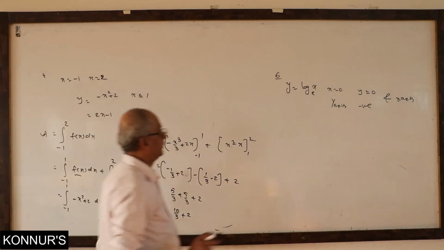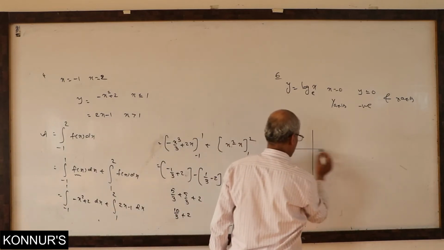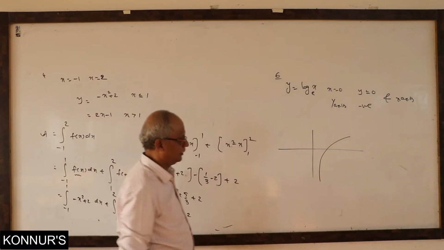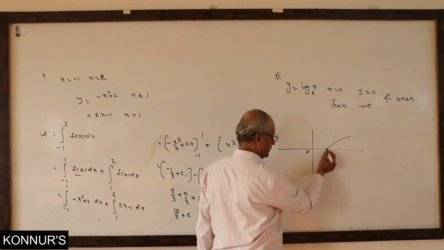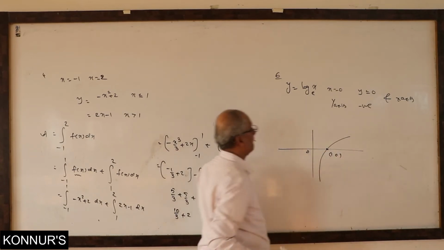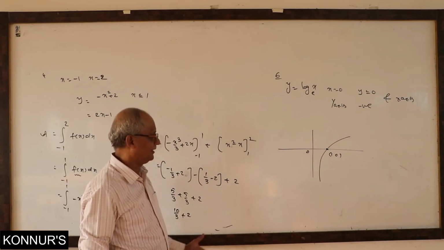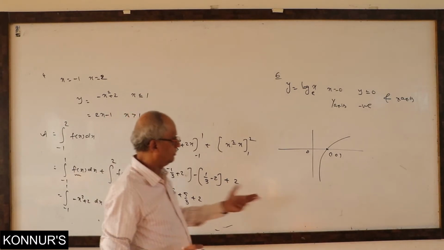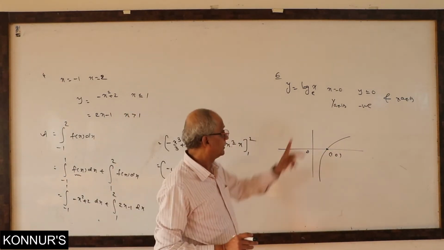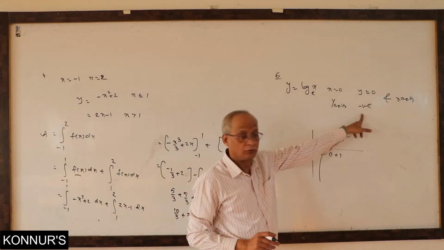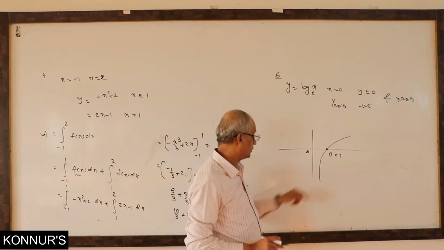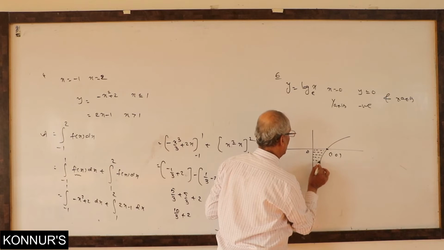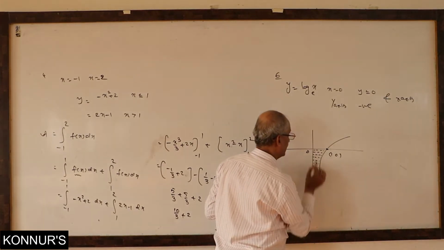See, first draw the graph of log x. The log x graph will be like this. Here it cuts the x axis at 1, since log 1 is 0. Whether he is asking above the x axis or below the x axis is important. Above the axis also they can ask, but here it is the negative y axis, which means below the x axis. Then where is our region? This region he is asking, and it is also bounded with the y axis.